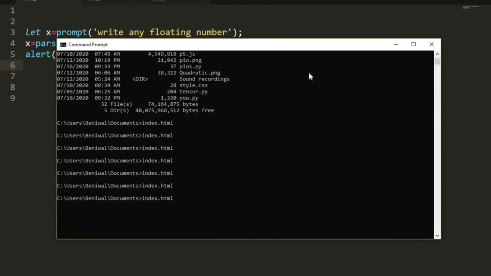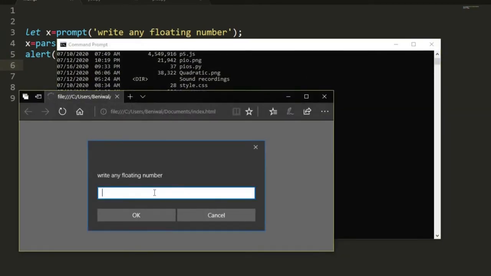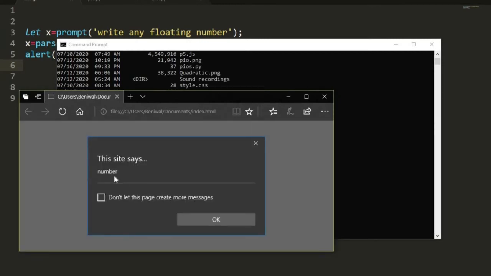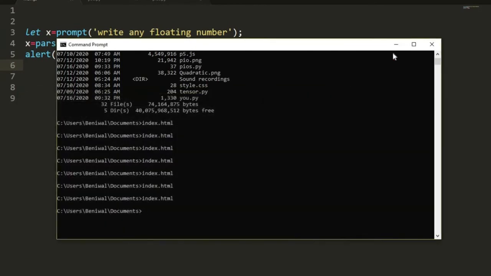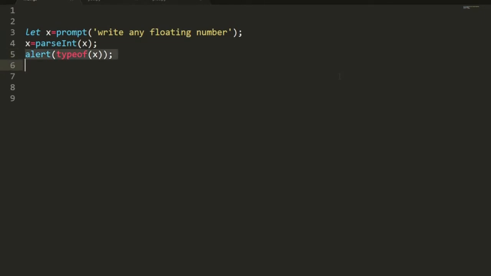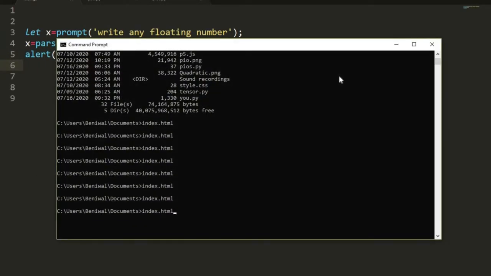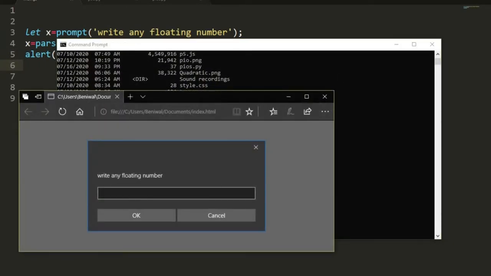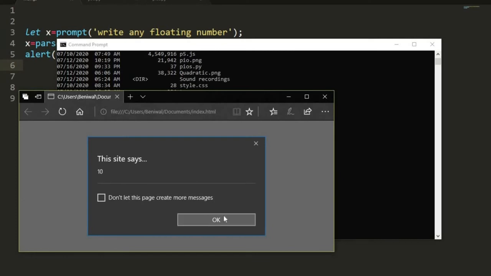Control S for saving, running our HTML file. It asks write any floating point number, and we say 9.333 like this. So this will return the type, and that is number. Okay, so this is returning a number, and we alert this x. Whatever you type, any floating point number like 10.29, this will return you 10 in that case.